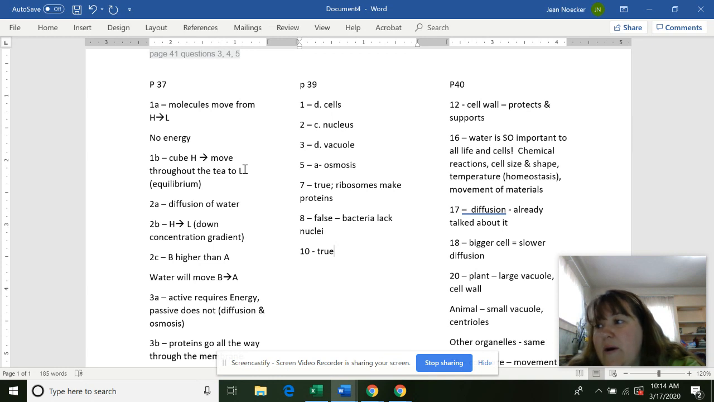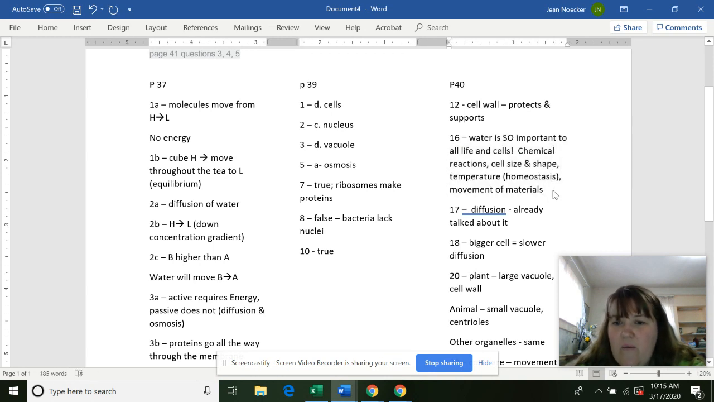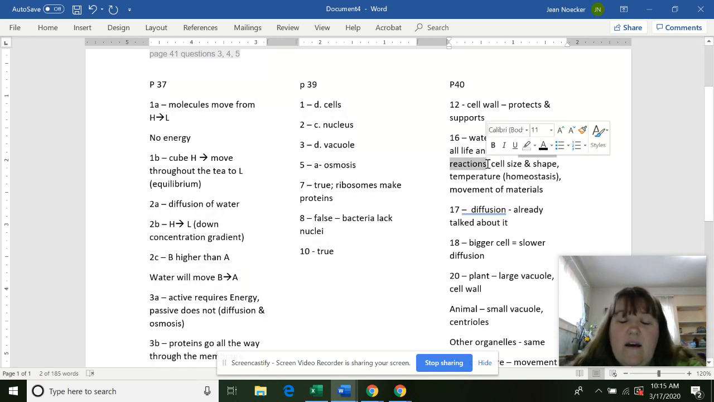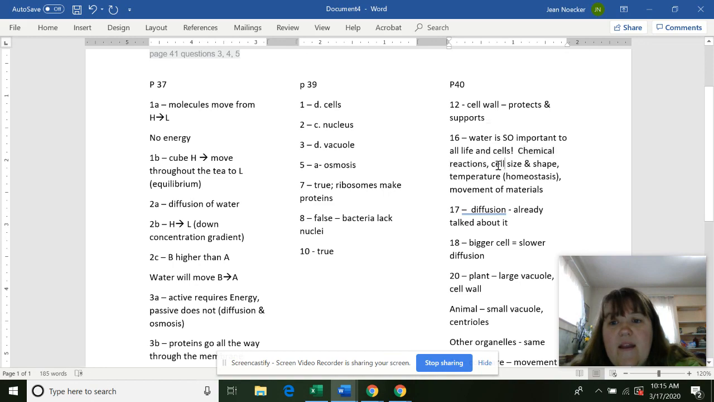16, why is water important in the cell? Water is super important. And some of this I think you know, but the details probably not. So chemical reactions. Water is in a ton of chemical reactions. You know, in photosynthesis, there's water. We'll talk about cellular respiration later. That has water. It helps maintain